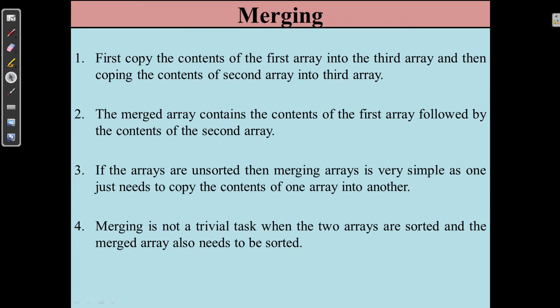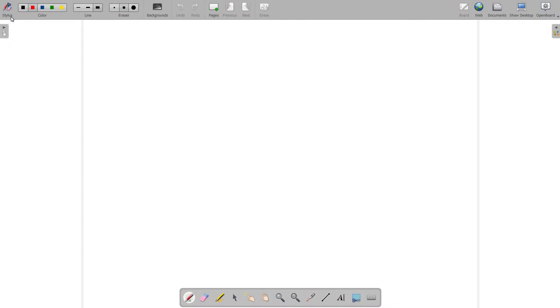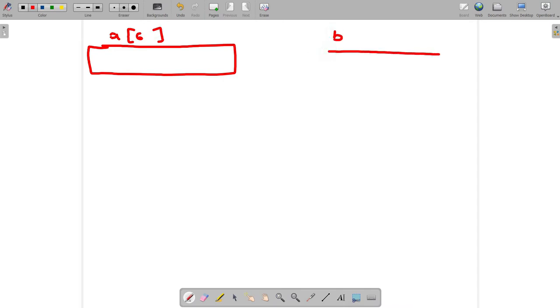So here first we will check what is merging, what is a sorted array, what is an unsorted array, and what exactly we are achieving by merging two arrays. Let's say we have two arrays: A of size 6 and B of size 5.